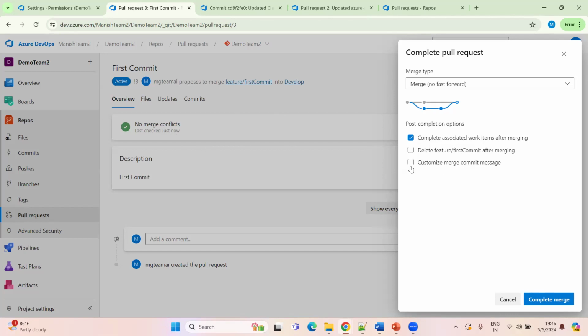The second is if you want to delete your source branch. And third is the merge commit message, which you can customize here. If you want to change your message, you can directly do it, and the same message will be passed to the develop branch once it is merged. For now, I will uncheck all the things